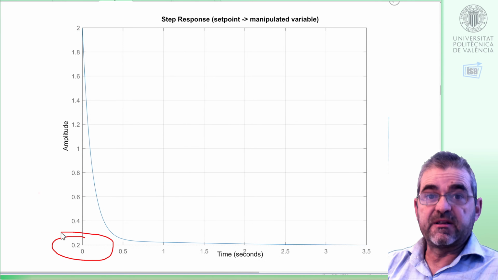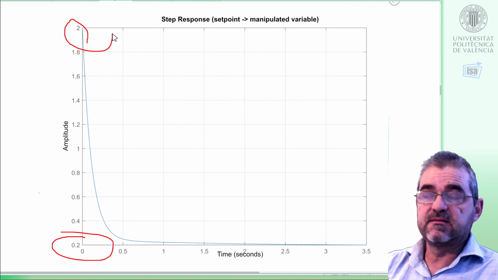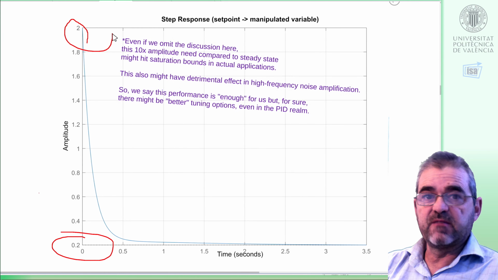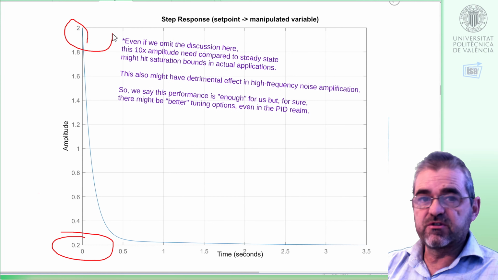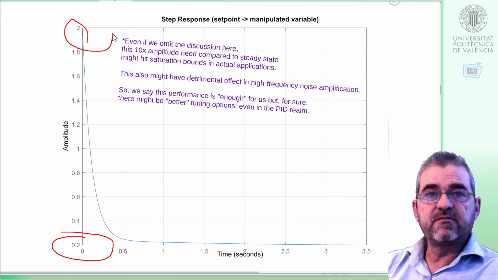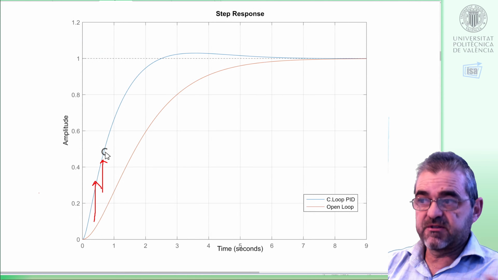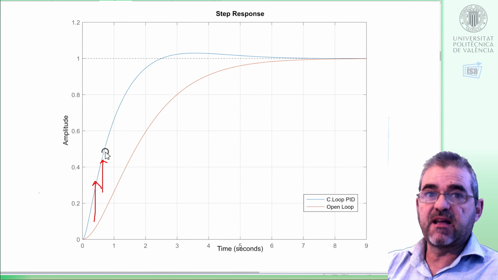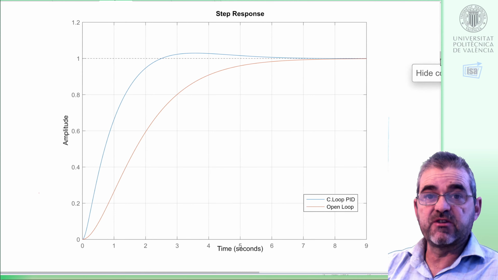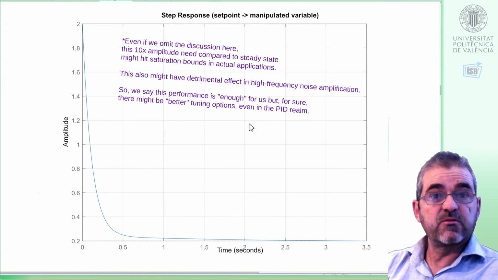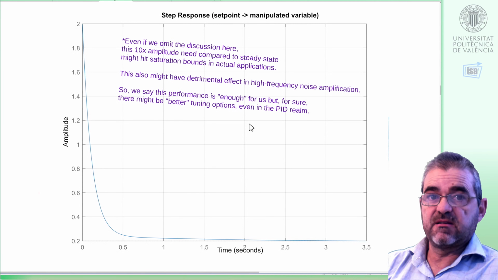Gain is 5, nominal, so it ends in the inverse of the gain. And initially, this PID proposes a 10 times manipulated variable overshoot, a boost of 10 times at the initial phases of the transient, so that we quickly push our control variable upwards. Well, maybe that 10 times boost is excessive. That depends on my application and on my saturation limit, but okay, for the moment in this problem,